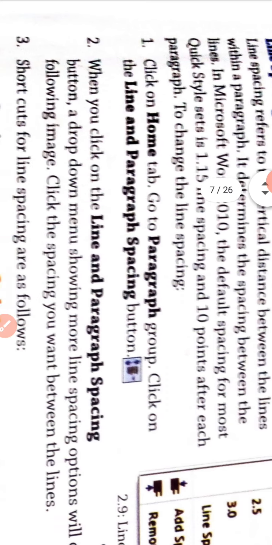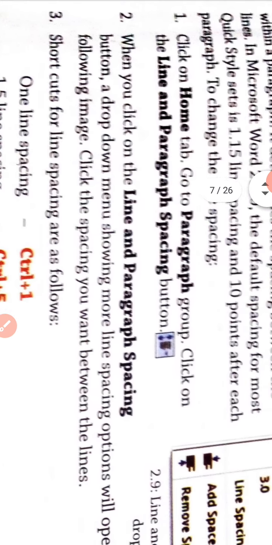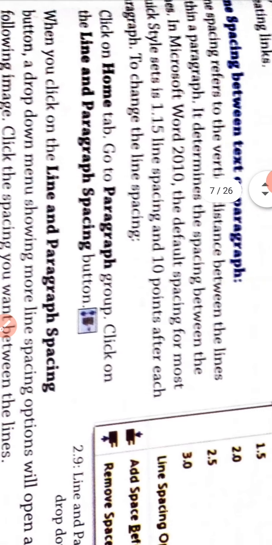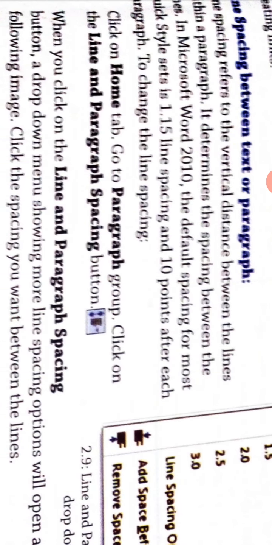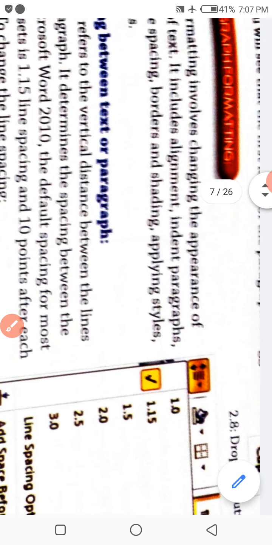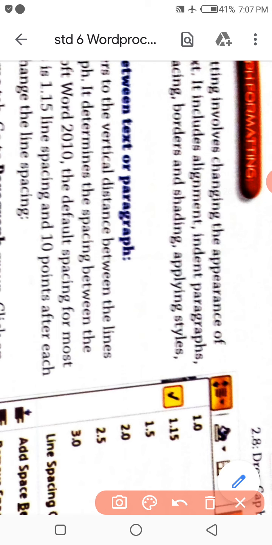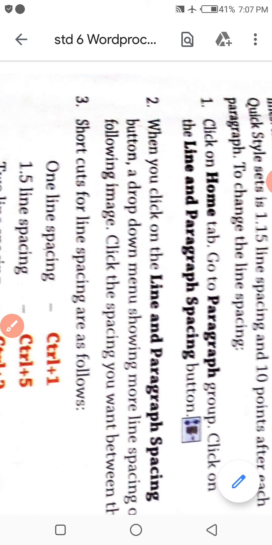To change the line spacing, the following steps to be followed. First, click on Home tab. Go to Paragraph group. Click on Lines and Paragraph Spacing button. Step 2.